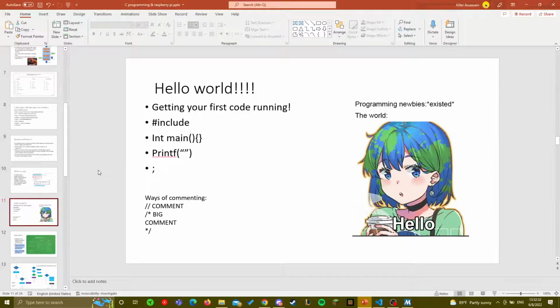Okay. And then I guess let's get started with hello world, right? For a basic C program, you have 4 components. You have an include, which tells the compiler what library you're trying to use, essentially. Then you have your main function, right? This is what is being run. And you have a printf, the most basic way of sending something to print something out. And then you have semicolons. Everything in C has to have semicolons. Other languages like Python don't have to use semicolons. You can just start a new line. It'll be moved over, but you can't do that here.